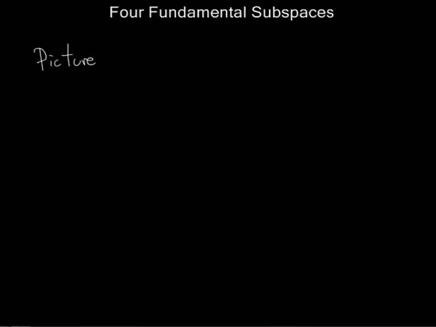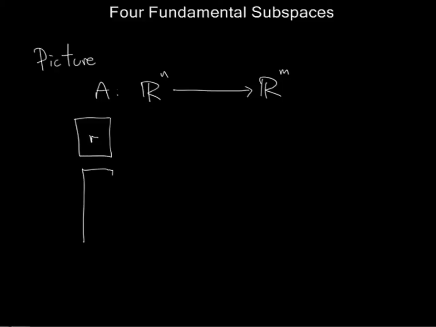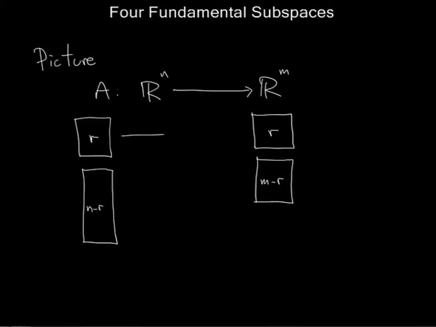Okay, so I think it's helpful to draw a picture. This is going to be extremely rough and shouldn't be taken too literally, but I think it gives an idea of what's going on. I have this n-dimensional space Rn, and in there's an r-dimensional subspace and an n minus r dimensional complementary subspace, and over in Rm there's two blocks of size r and size m minus r, and